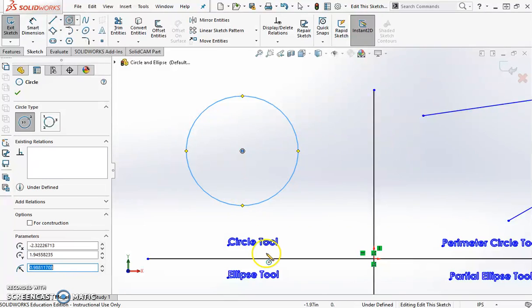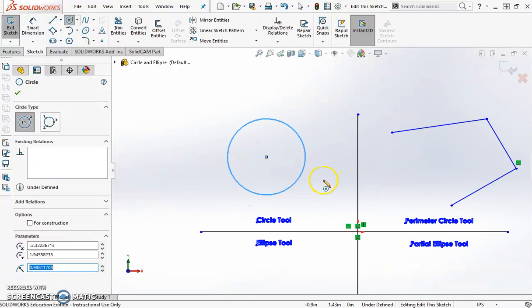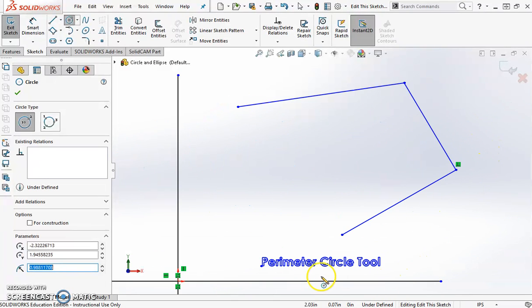Okay, so that's just a normal circle tool. We zoom out, zoom over here. This one's called the perimeter circle. So we could either hit the drop down up here and select perimeter circle, or on some of the tools,